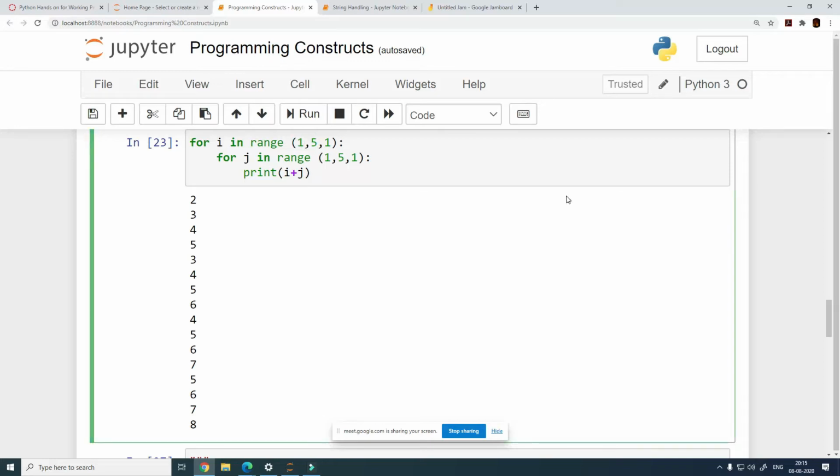If you change it to, let's say, 1 to 11, which means this loop is going to run 10 times, and let's say change it to 3, which means this loop is going to run 2 times, 1 and 2, right? So can anyone tell me what is the last value which is going to get printed? And let me change it to multiplication now. What is the last value which is going to get printed now?